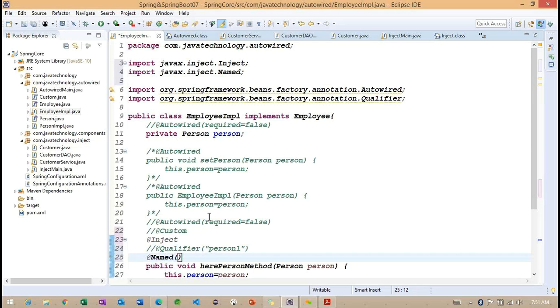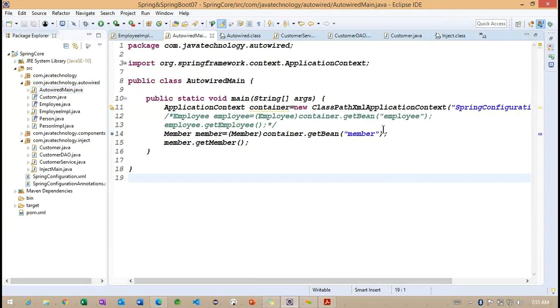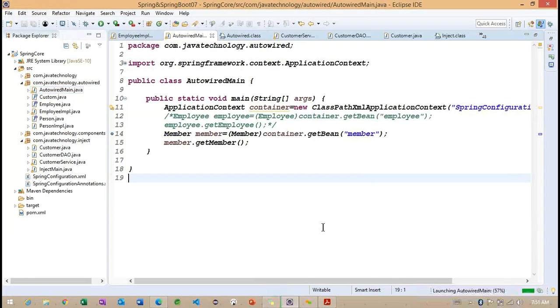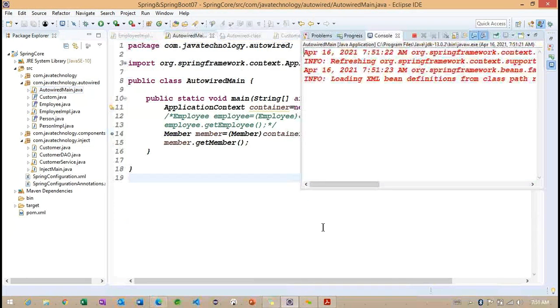Named annotation. And here I want to specify this particular person one. So we'll observe the simple example on this Named and Inject related information. So I'm going to run the same example which we used in the previous example.